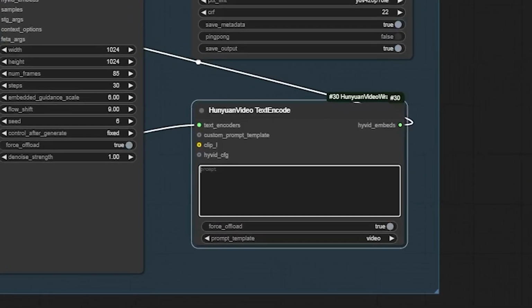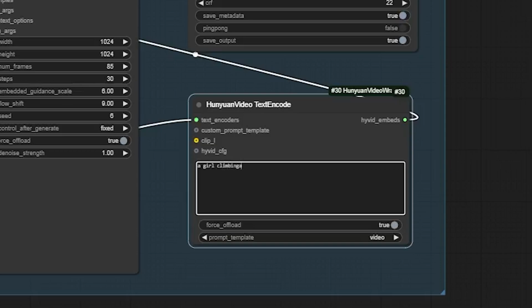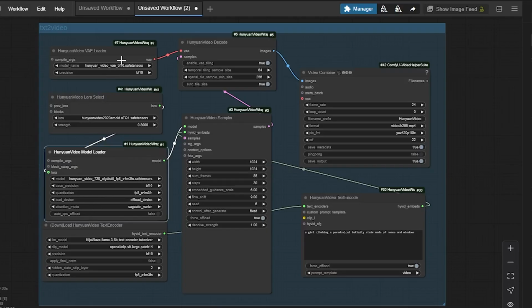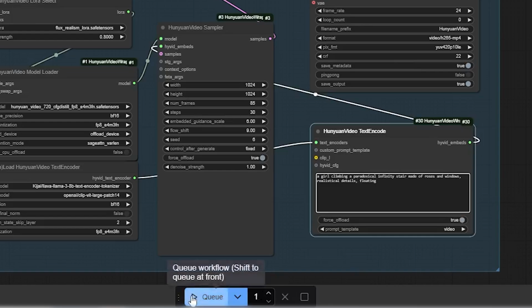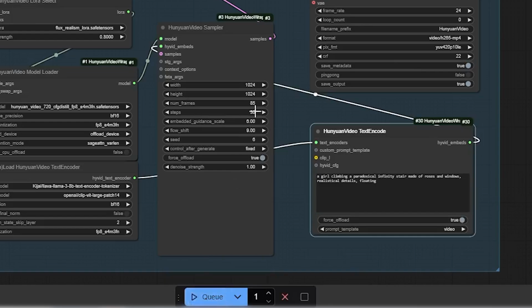So now that we've covered this, let's write a prompt for our video. Let's go with a girl climbing a paradoxical infinity stair made of roses and windows. Now on this node or section, if you click on the LoRA, you'll get a bunch of options. This here is where I select the Flux Realism model. Now that everything is ready, click on this blue start button down here where it says Q and let the